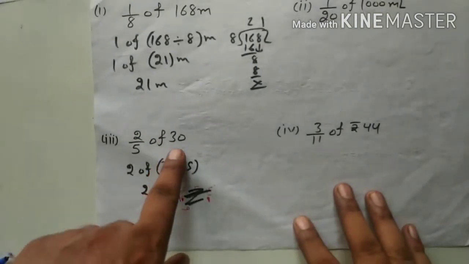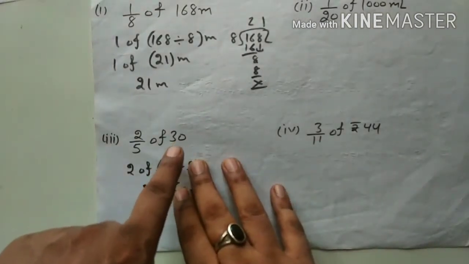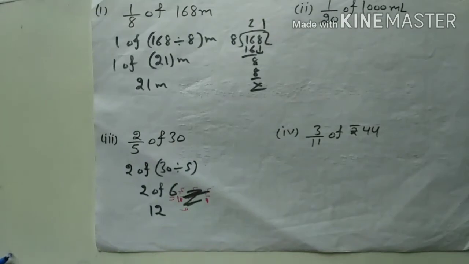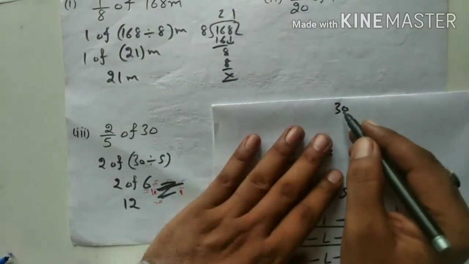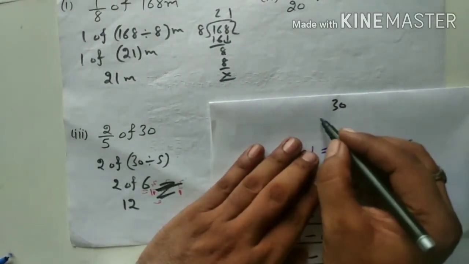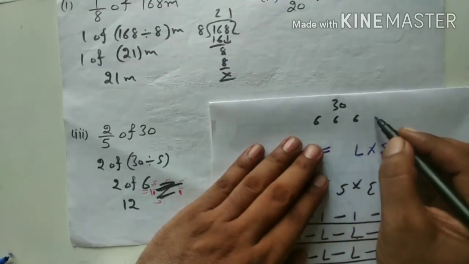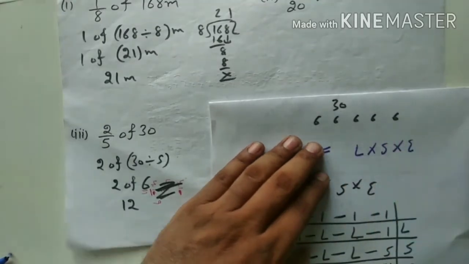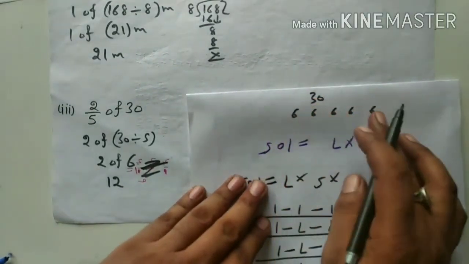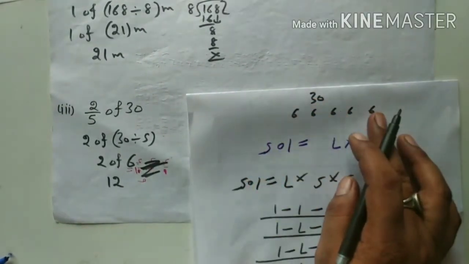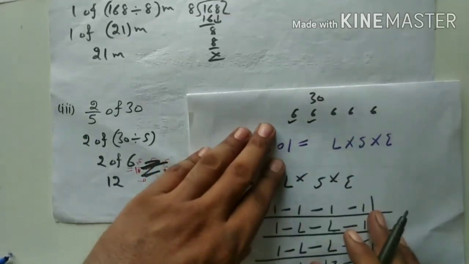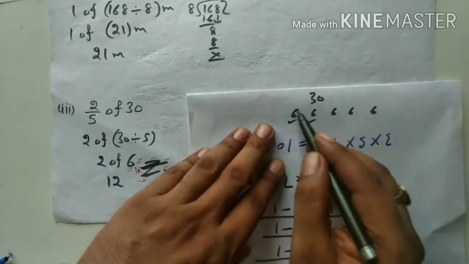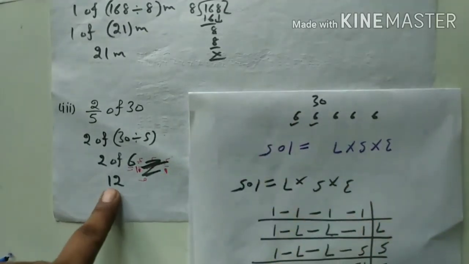Okay, here we have found what is the 2 by 5th part of 30. Now understand the logic. If 30 is the total, then you have to divide this into 5 parts. Okay, first part, second part, third part, fourth part and fifth part. Now 30 is divided into how many parts? 5 parts, and you have to take only 2. So if you take this and this, now 2 have been taken. So how many have you taken? 6 and 6, that is 12. So the answer is 12, student.